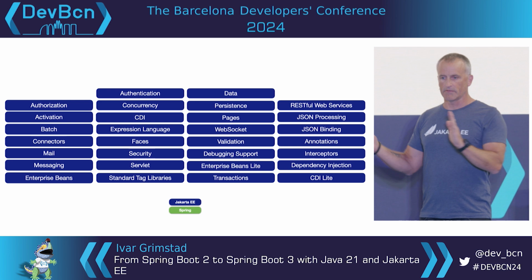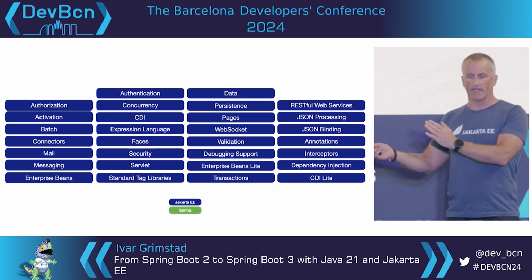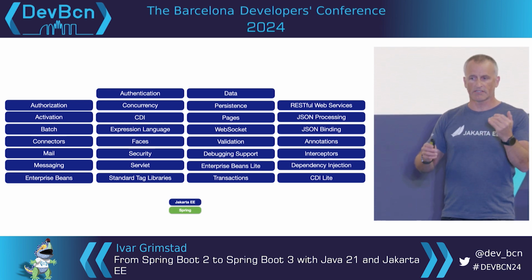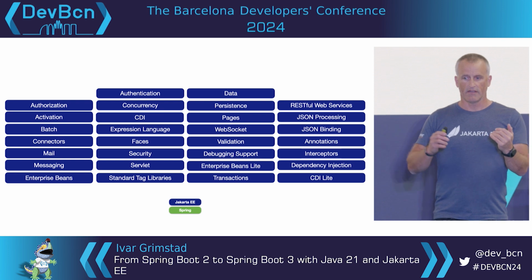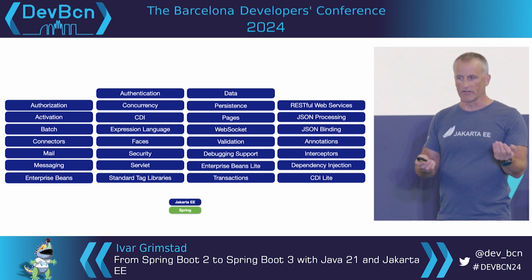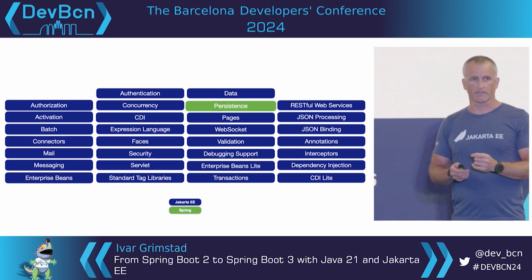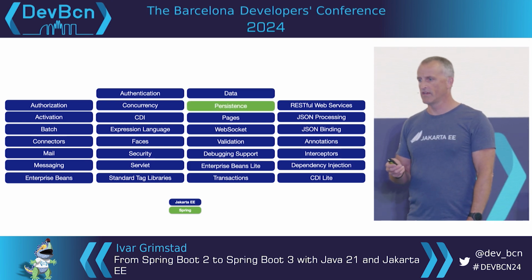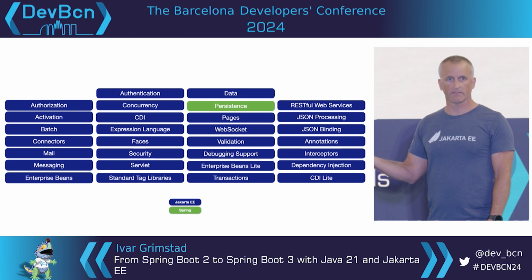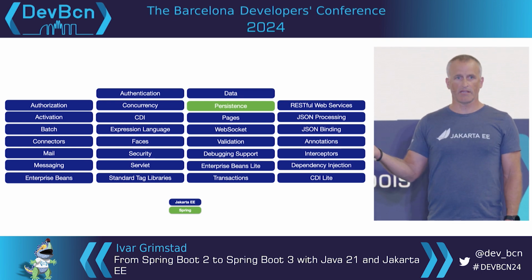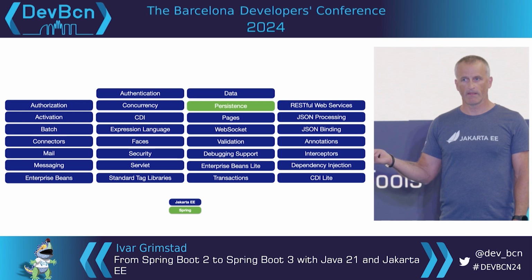So if we just gray them out and see how we're using Spring stuff directly or indirectly in Spring, I'll start with the persistence. So anybody here using Jakarta persistence? If I say JPA or Hibernate,